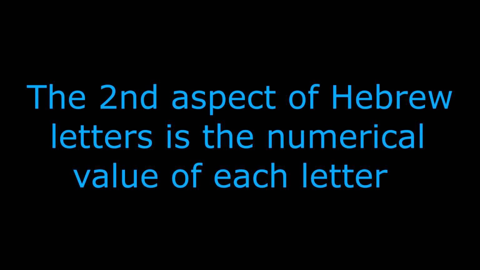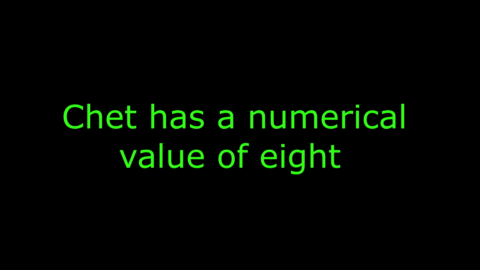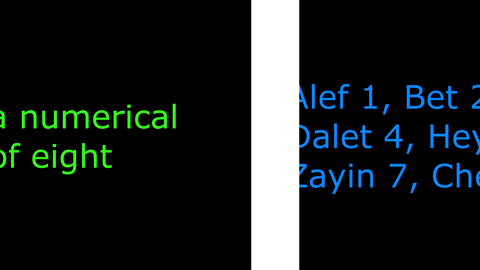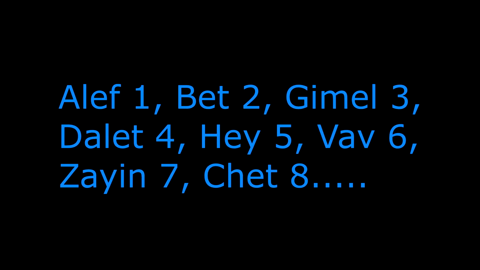The second aspect of Hebrew letters is the numerical value of each Hebrew letter. The letter Het has a numerical value of 8. The numerical values are fairly straightforward, starting with Aleph. Aleph is 1, Bet is 2, Gimel 3, Dalet 4, He 5, Vav 6, Zayin 7, and Het is 8,